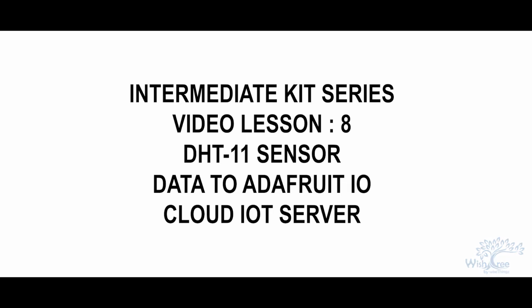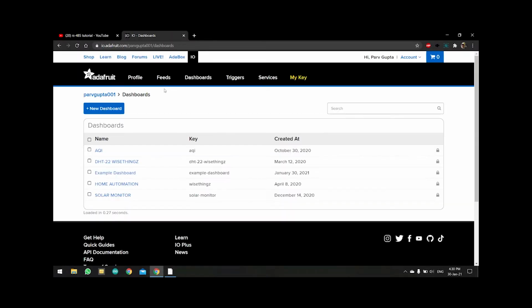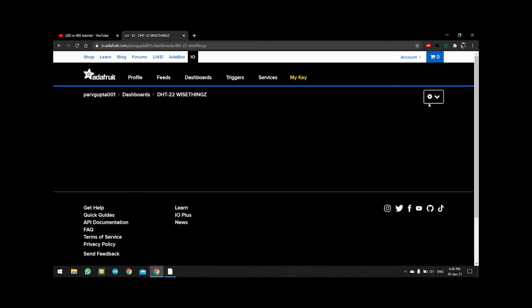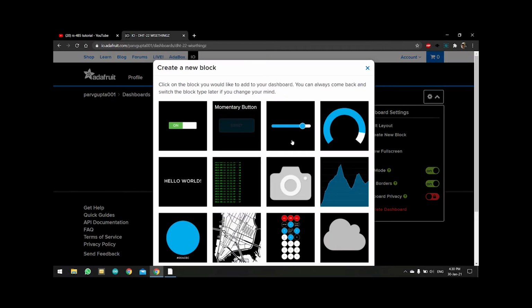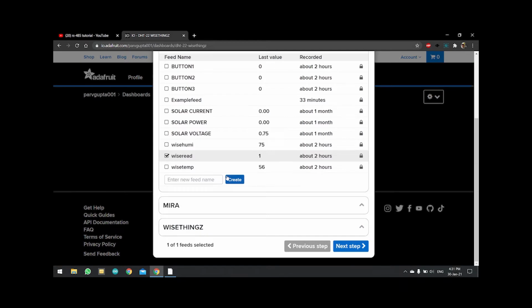So let's get started. Now once you visit the Adafruit IO website, you need to open your dashboard section. As you can see, I've already created my own dashboard, that is the DHT-11 dashboard. Now you need to similarly create 3 different fields that we'll be using in order to show the data that is being uploaded. As you can see, I've already created 3 different fields, that is wise humi, wise read and wise temp, where we'll be storing humidity data in wise humi, the reading number in wise read, and the temperature